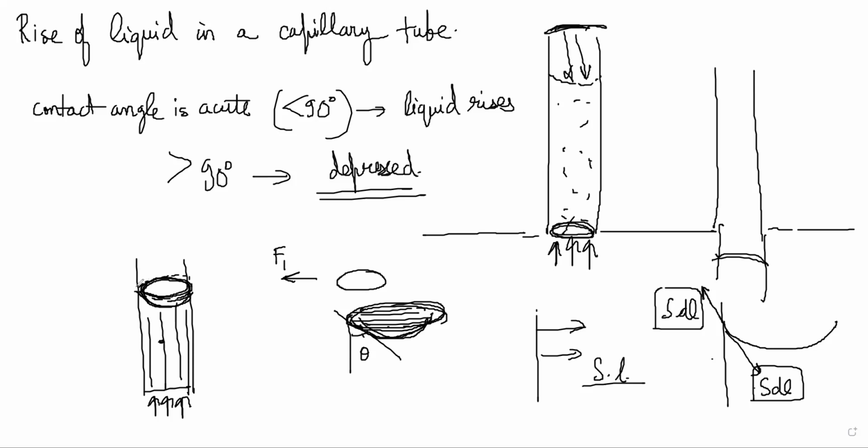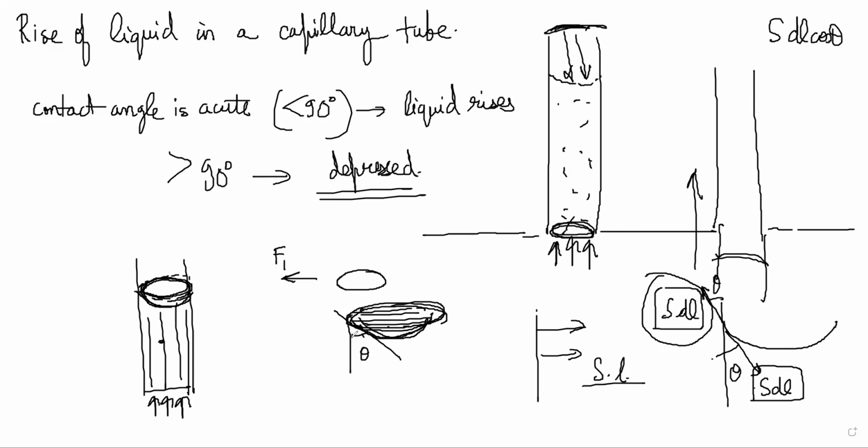You understand, the free body diagram of the liquid we are taking. So the solid's force is what we have to consider on the liquid. The solid applies an equal and opposite surface tension force S dL. So the vertical component of this force will be S dL cos theta, because this angle will be theta, right? S dL cos theta is the vertical component of the solid pulling the liquid force. Total force exerted on the liquid surface by the tube surface across the contact circle.